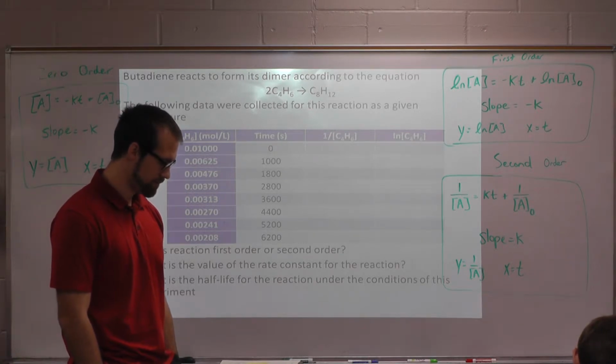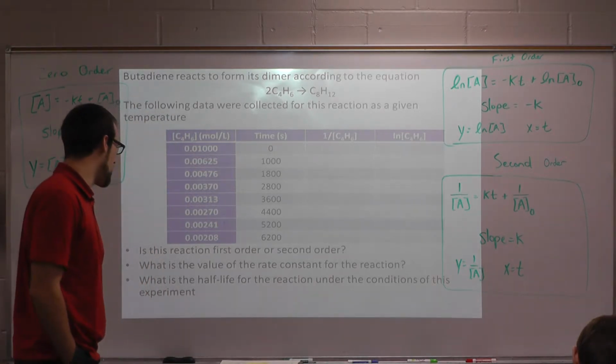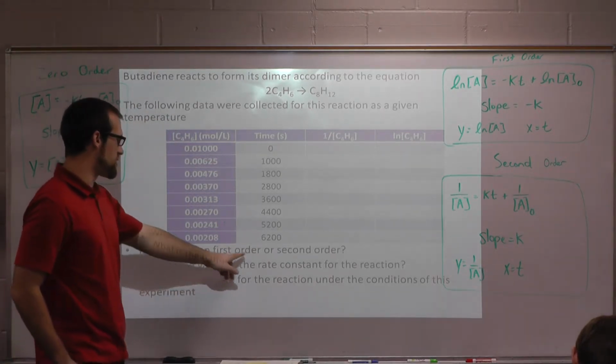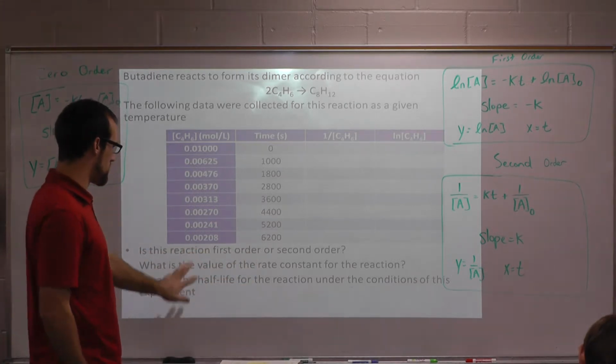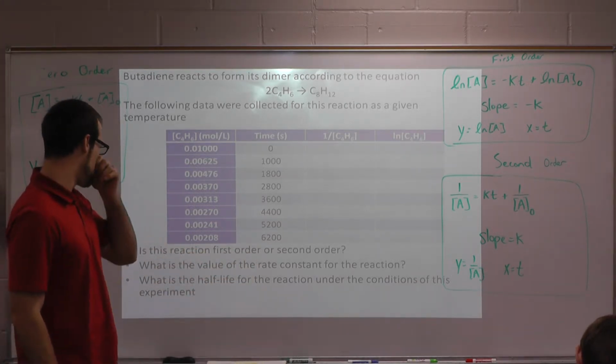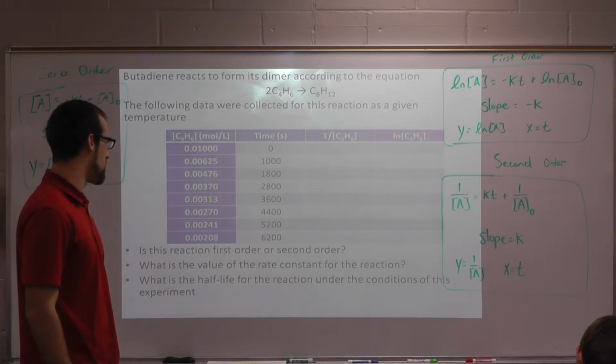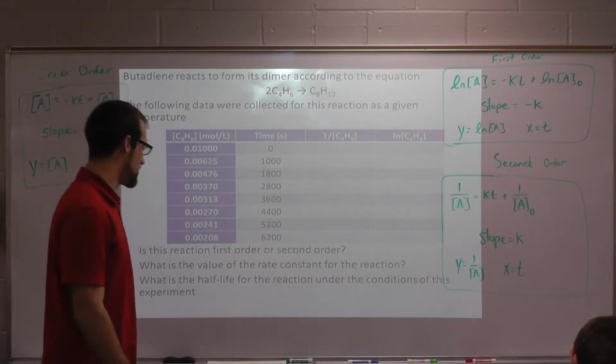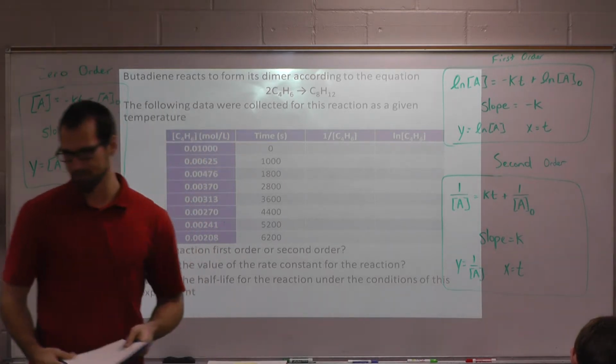Okay. So, what we need to do, this should say first order, second order, or zero order. We're going to do all three. And then it says what is the value of the rate constant for the reaction and what is the half-life for the reaction and conditions for this experiment. So,